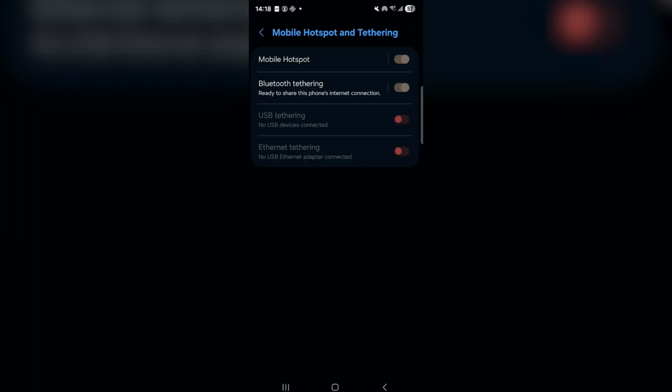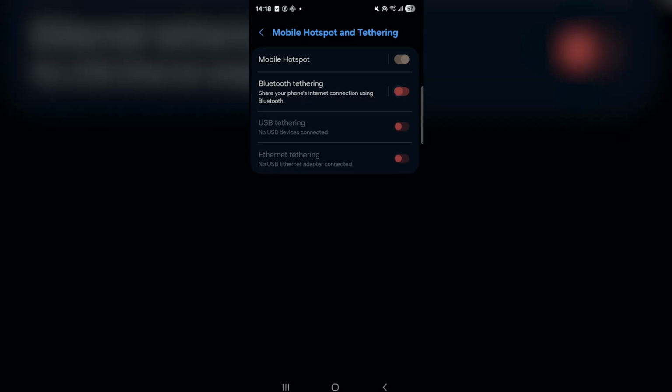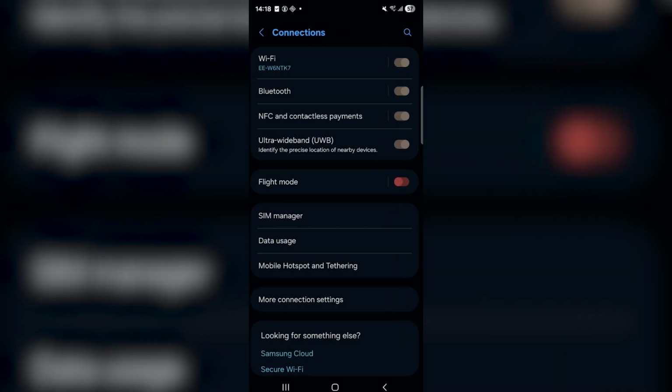Once you've also gone ahead and done that, in the same area, select 2.4 gigahertz band where it says AP band, as that's much more stable and compatible with older laptops, gaming consoles, and smart home devices that often drop 5 gigahertz signals. Now, once you've done that, the final thing I want you to go ahead and do is